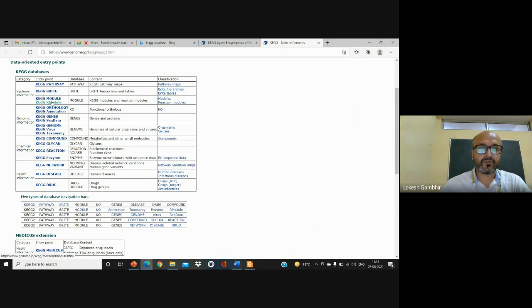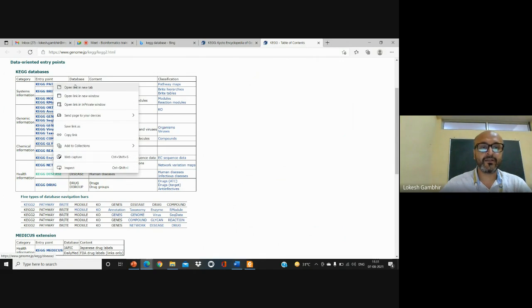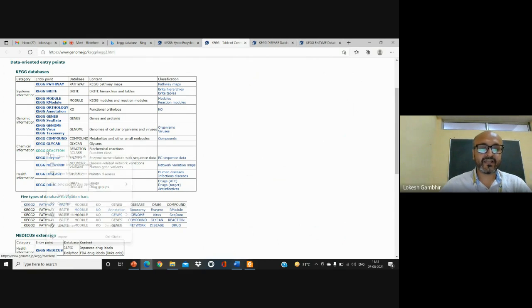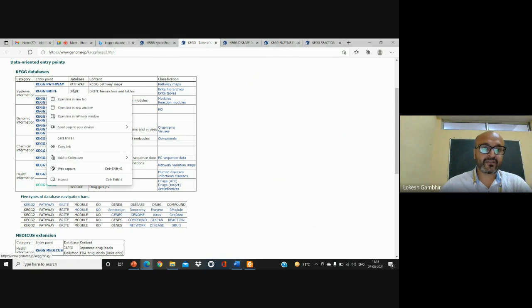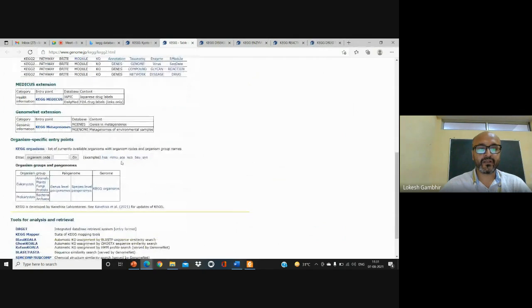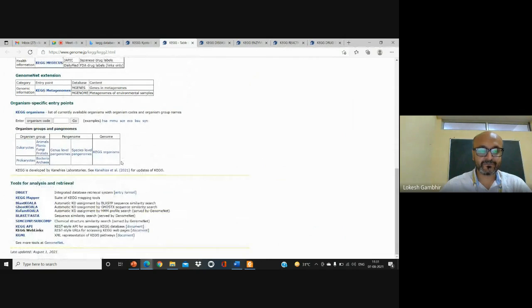Then we'll be talking about the module and different aspects. Suppose it's a disease that I want to study, or an enzyme, or a certain biochemical reaction, or I'm more interested in focusing on certain drugs. The complete information is provided in this aspect as such.